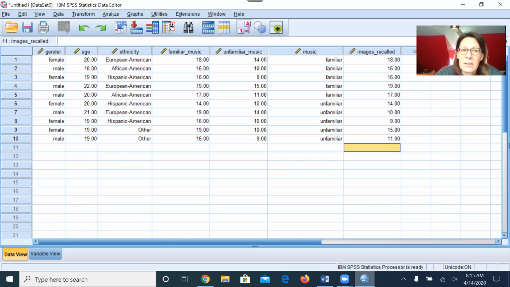You have to make a value label for gender, no value label for age because you're putting in a number, and you have to have a value label for ethnicity because it's a category, not a number. So how you put your data into SPSS depends on whether you're doing independent groups or repeated measures. Alrighty, so this is step one into entering data into SPSS. I will be back in another video to show you how to analyze